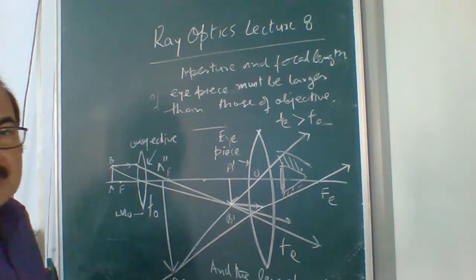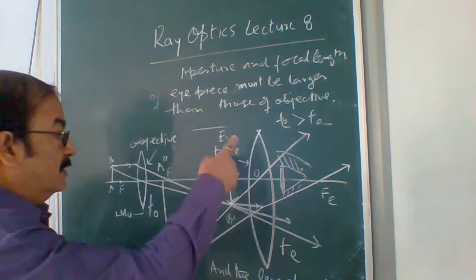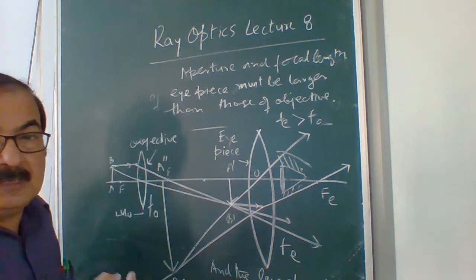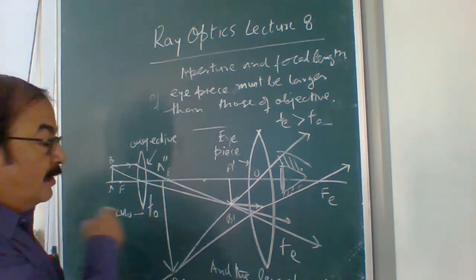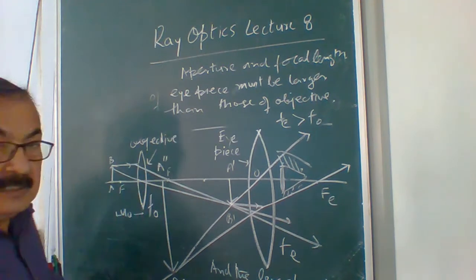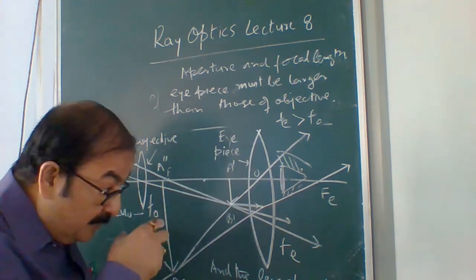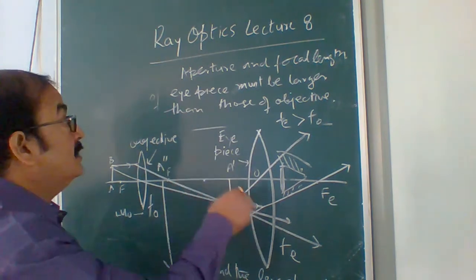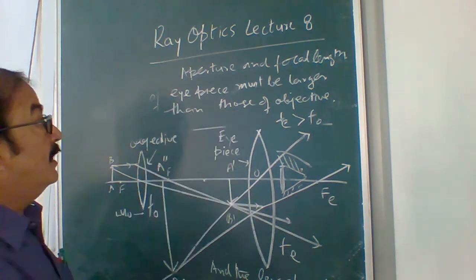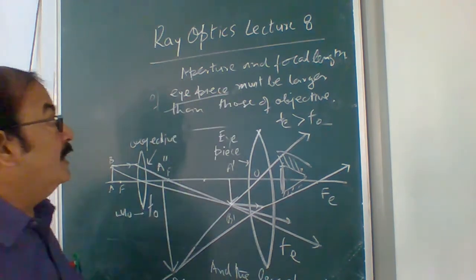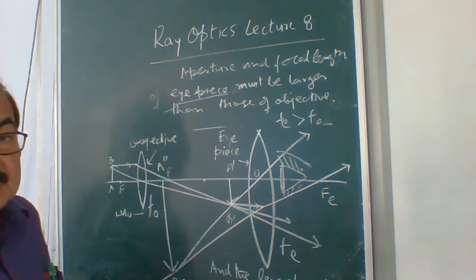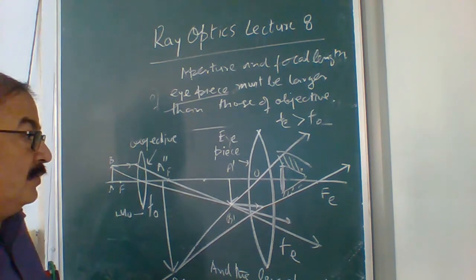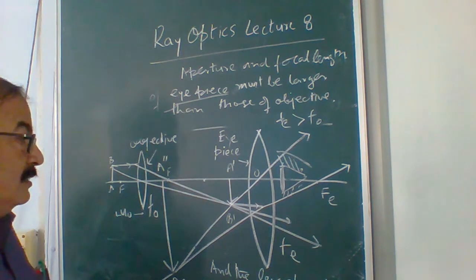एक तो ये है f_e is greater than f_o, फोकल लेंथ भी, और aperture, aperture मीन साइज. You can very easily observe, जो छोटा ऑब्जेक्ट उसके सामने छोटे ही लेंस रखे जाते हैं, उसका फोकल लेंथ भी कम होता है. तो this is your objective, and this bigger one where we put our eye is your eyepiece, and the aperture and focal length of eyepiece must be larger than those of objective. तो ये एक जनरल आपका पॉइंट ऑफ व्यू हो गया.